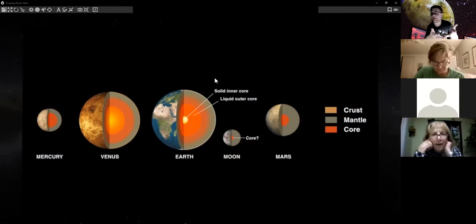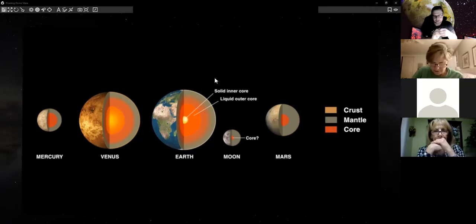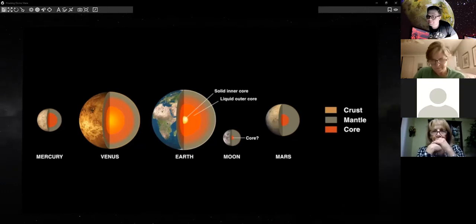Then you have the mantle, which is magma. It's liquid rock that is churning around the core. And then, of course, you have a thin little crust of solid rock on the surface, just a few miles thick. Now, with Earth, most of our planet is made up of the mantle with a solid